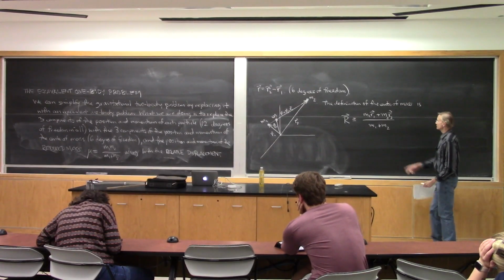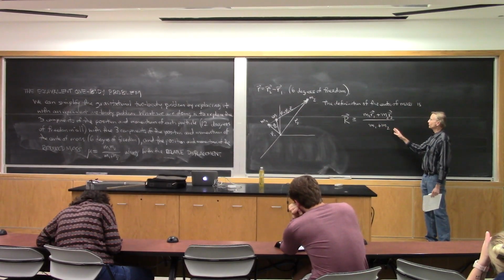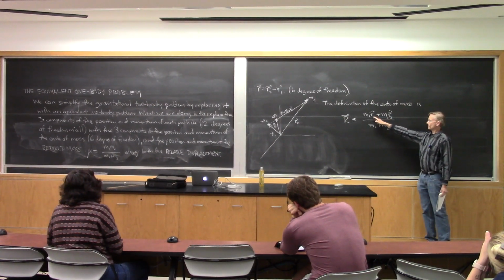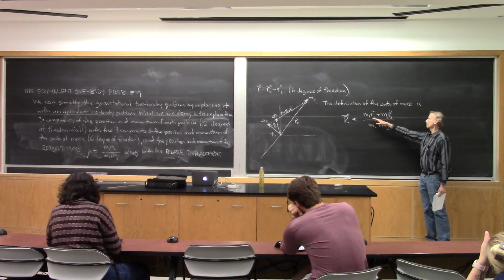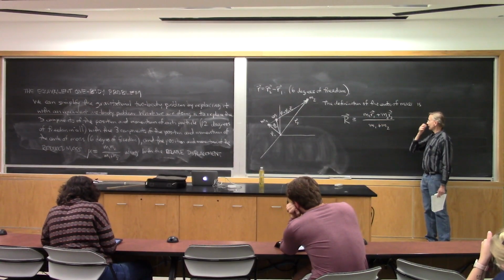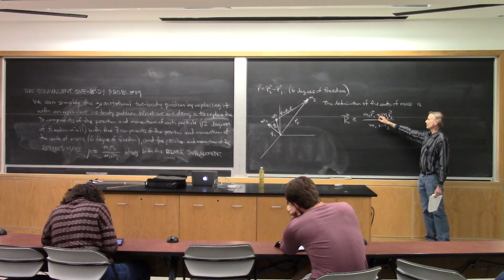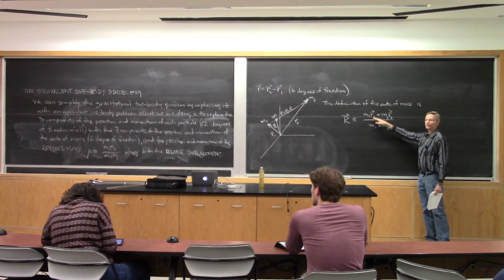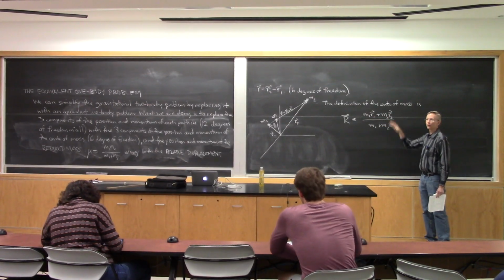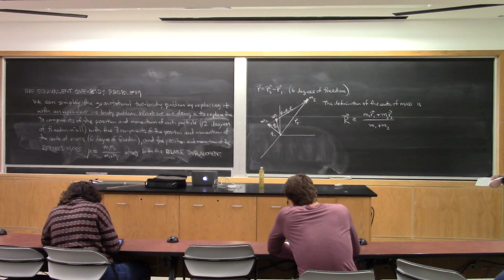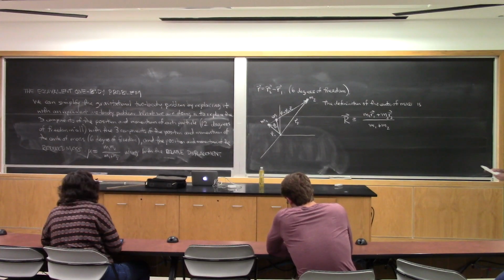So as M1 gets bigger and bigger relative to M2, the center of mass approaches the location of M1. In other words, if M1 was really big compared to M2, then in that limit this becomes practically just R1, because it would be roughly M1 over M1 times R1, since M2 is very small under that assumption. But if M2 gets very large, it approaches M2, so it's on the line joining them. If they were equal masses, it would be halfway between them.